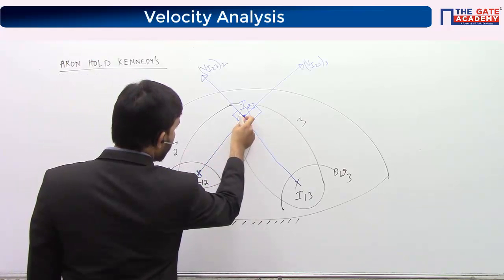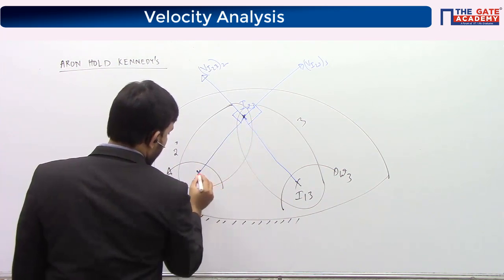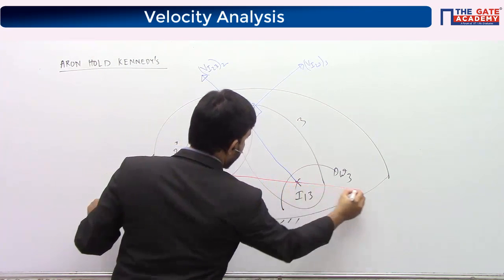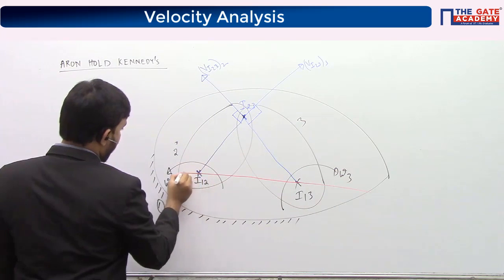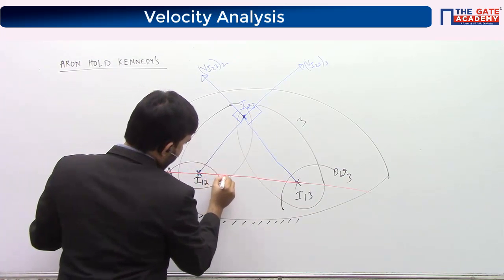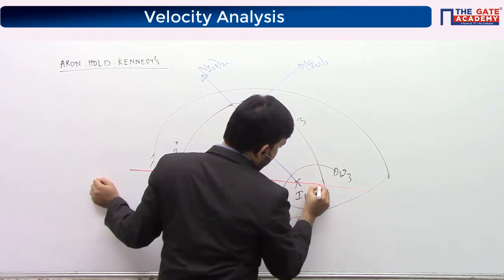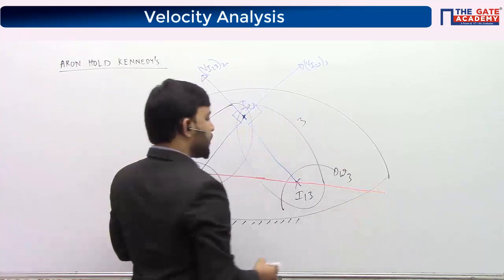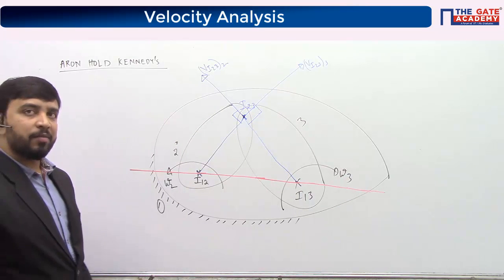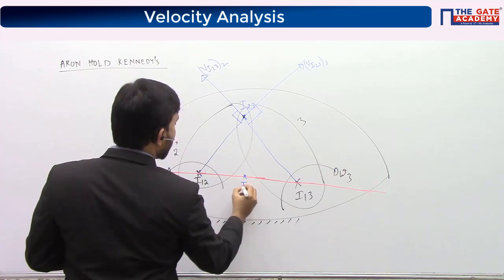What I do is I try to bring this center down. When I pull this down on the line joining these two centers, I'm drawing a line passing through these two centers. So I've drawn a line passing through these two centers. Now see here, if I pull this point down, so if I say I23 lies here,